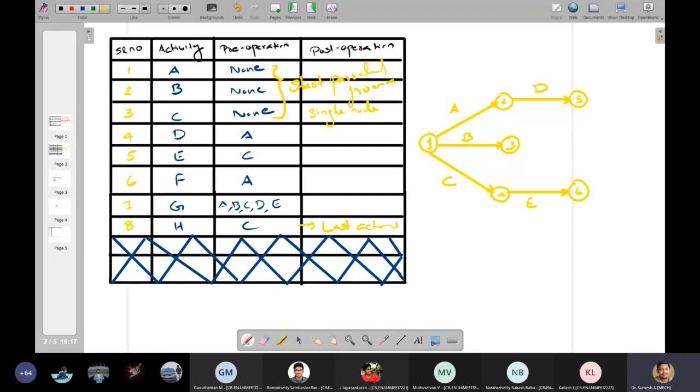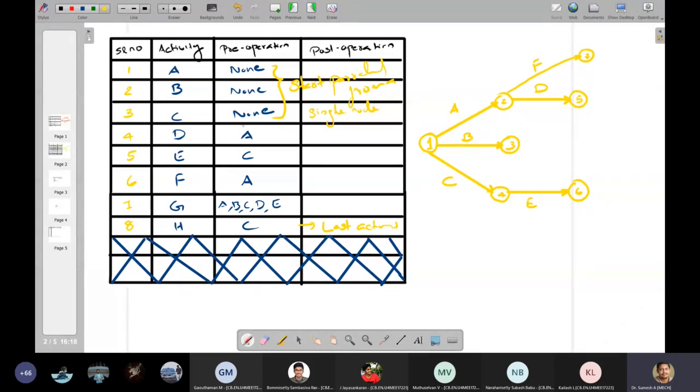So it is node number 7 and it is F. And for activity G, what is the status? Which activities have to complete? Activity A has to complete, activity B has to complete, activity C has to complete, activity D has to complete, and activity E has to complete.